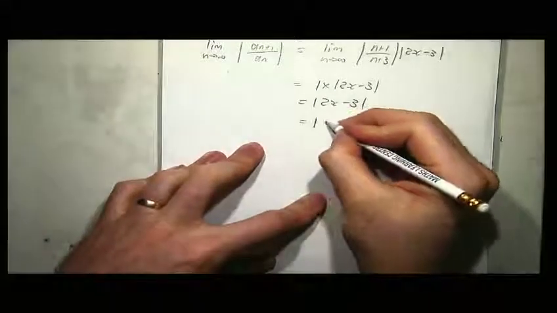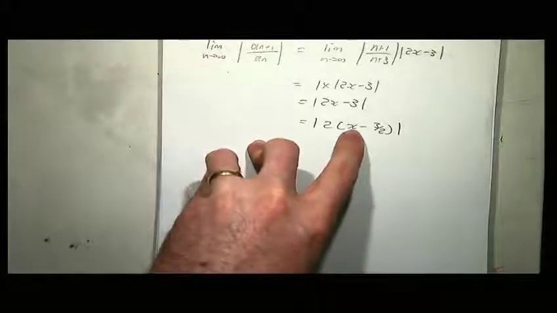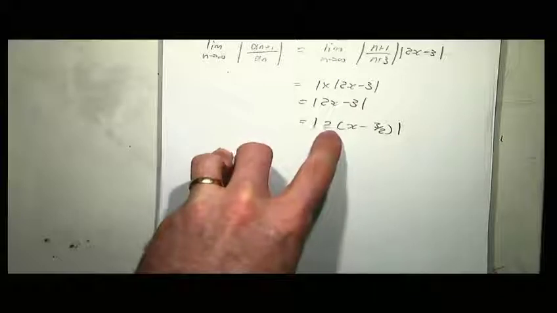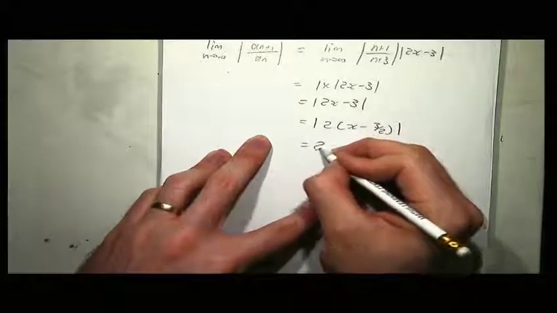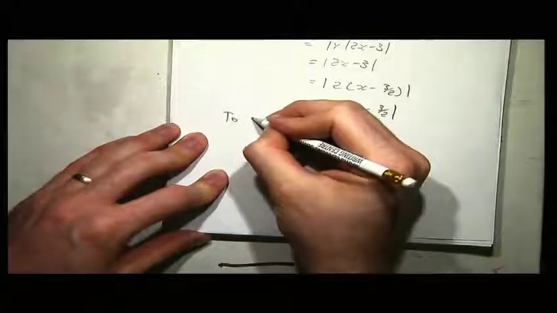The final step in the ratio test is to make the statement that that needs to be less than 1 in order to converge. But before I do that, I really would prefer it was written as mod x without that 2 there. So I'm just going to factorise the 2 out. Okay, so I've divided both of those by 2 so that I can bring the 2 out the front. And I get this. This whole thing needs to have a mod x minus 3 on 2, like a mod x minus something, so it's easier to see what's going on. So to converge,